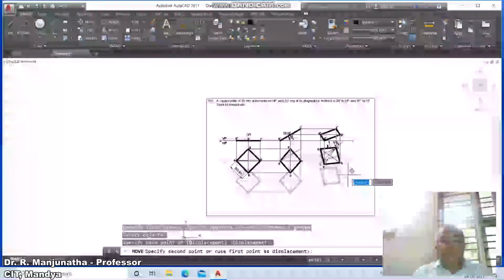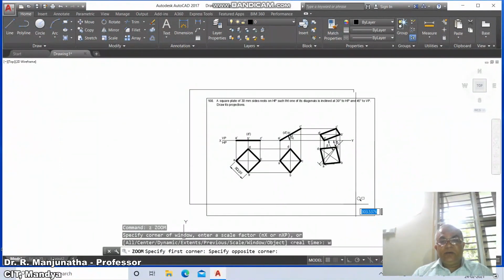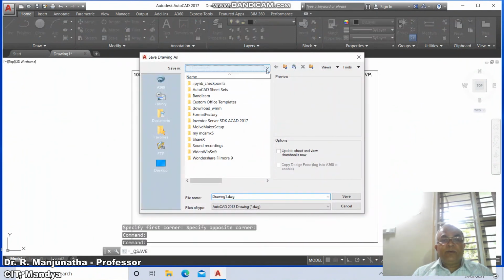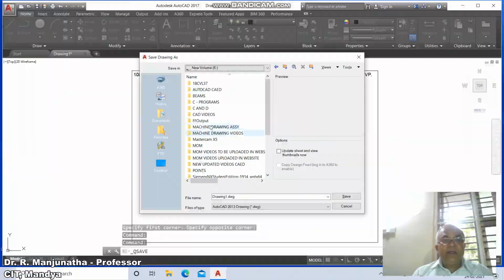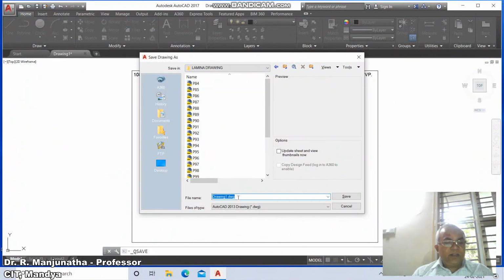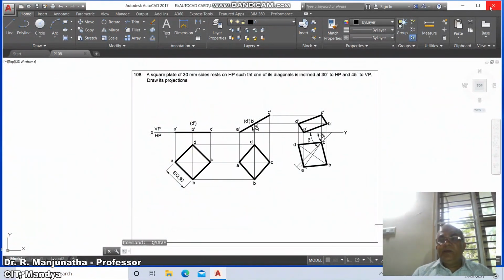Then move approximately to the center. Go to zoom window and then go to save. Go to the appropriate directory, E, AutoCAD, Laminar Drawing, and say P108 and save it. And finally you exit the